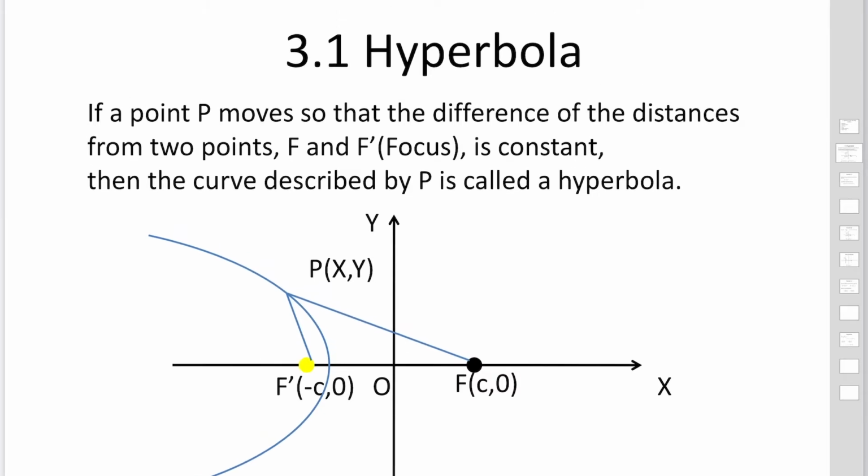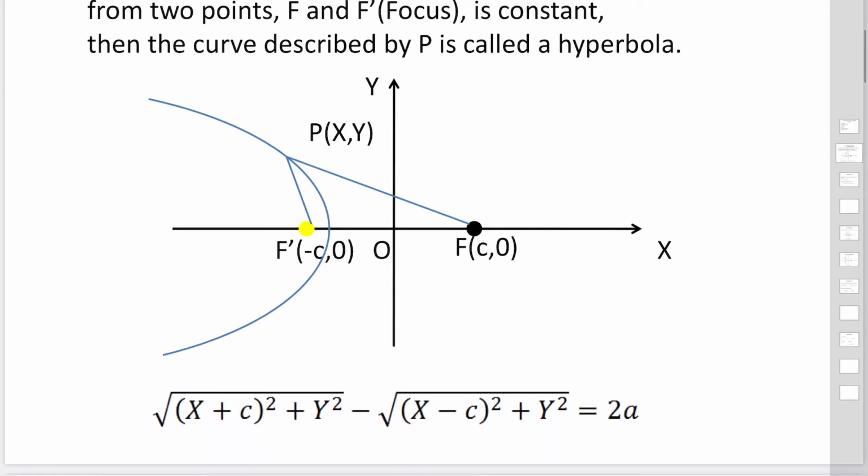If a point P moves so that the difference of the distances from the two points F and F prime, F prime is a focus, is constant, then the curve described by P is called a hyperbola. So we consider the two points F prime and F, and the distance between the two from C to the point of P. If you consider these triangles,